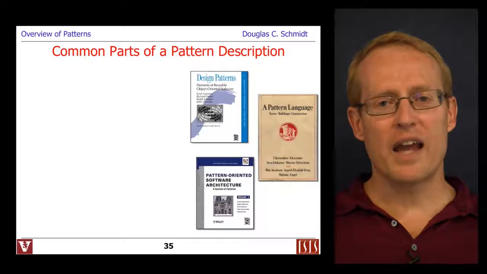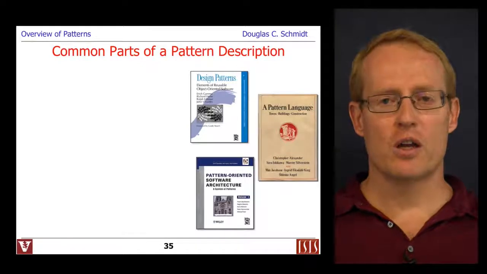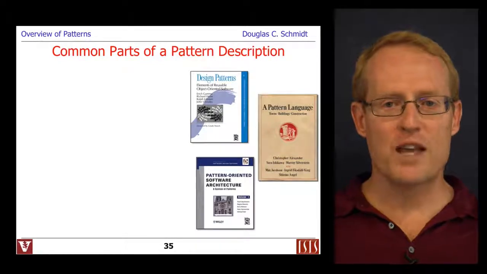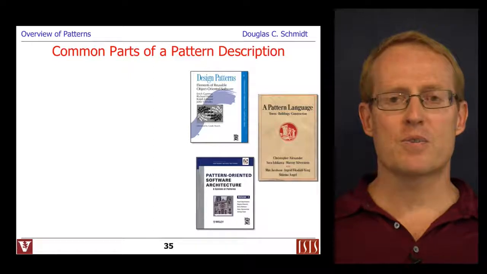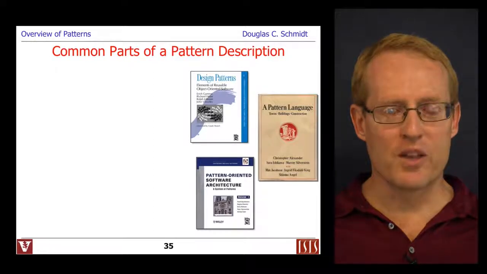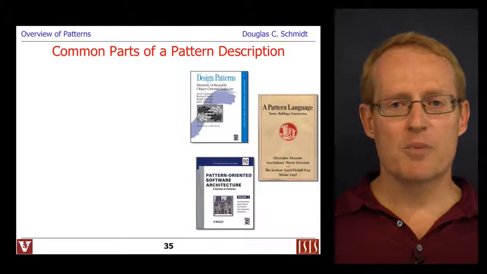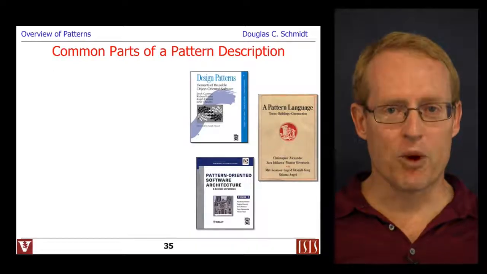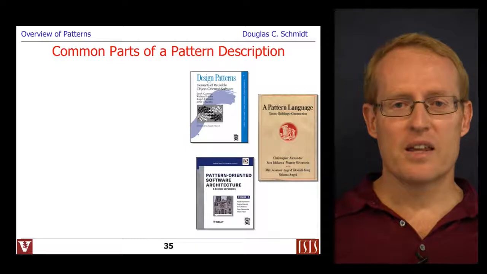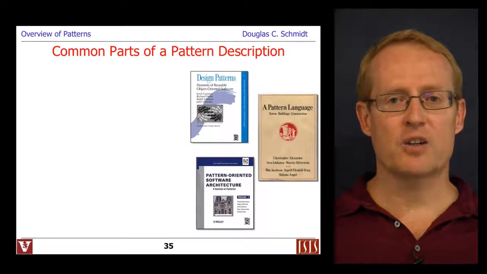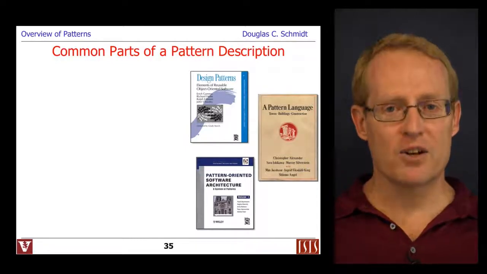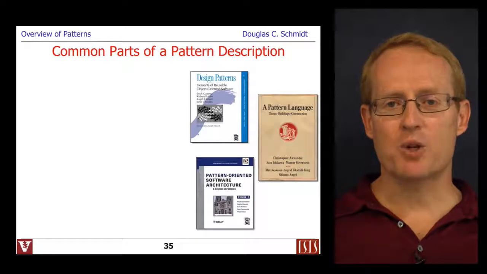If you take a look at the pattern literature, you'll notice that there's a number of different ways people describe patterns. One of the classic ways of doing things, which goes back to the mid-70s and late 70s, is something that's called the Alexandrian form. And this is based on the groundbreaking building architecture work by Christopher Alexander, who spent a lot of time capturing